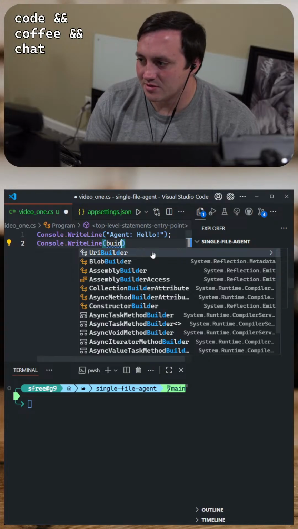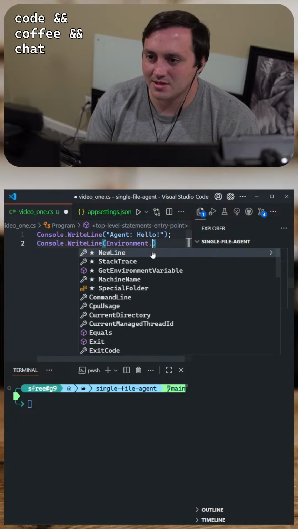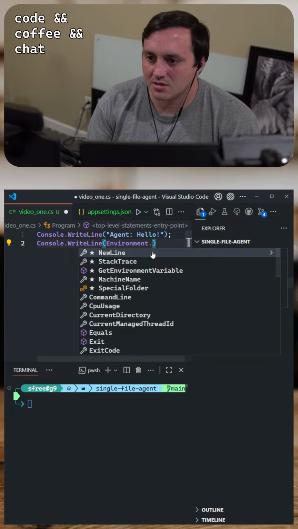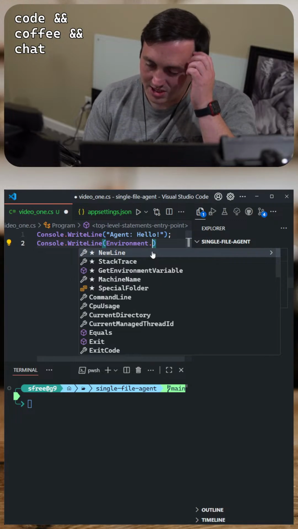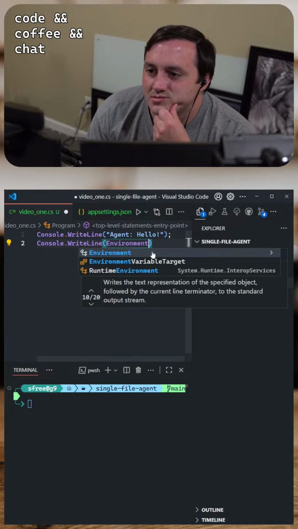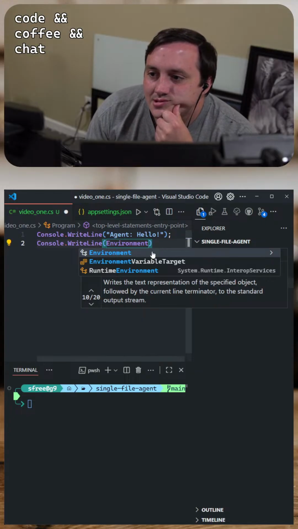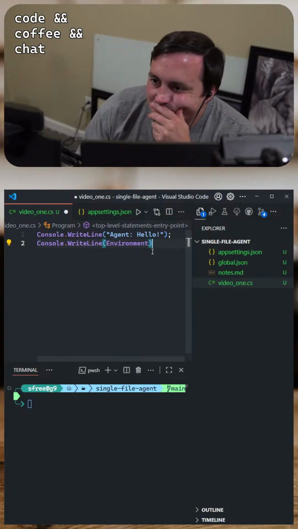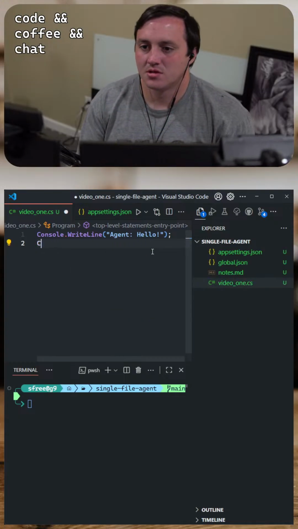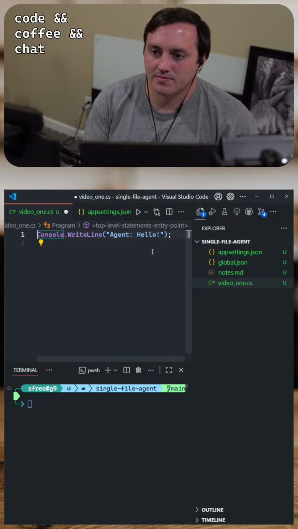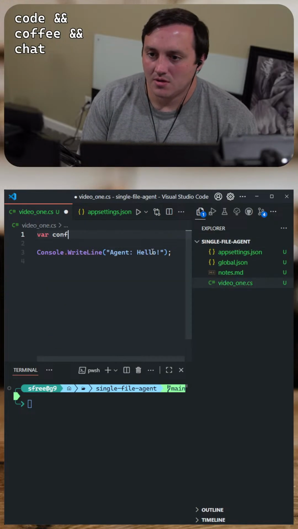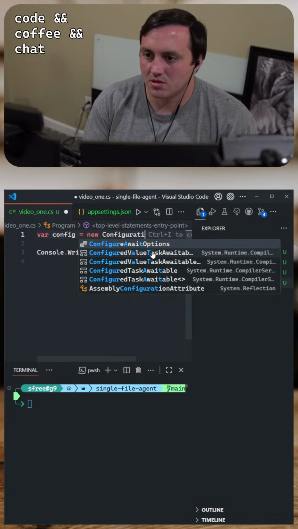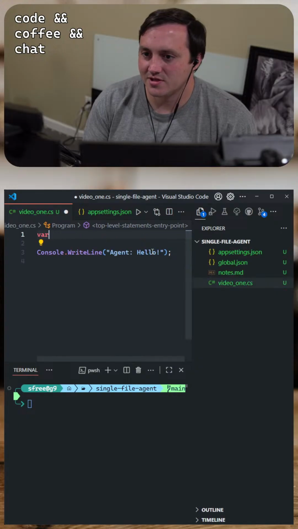I don't have a builder. What if I do Environment dot machine name, special folder? I don't know. I need a package for this.